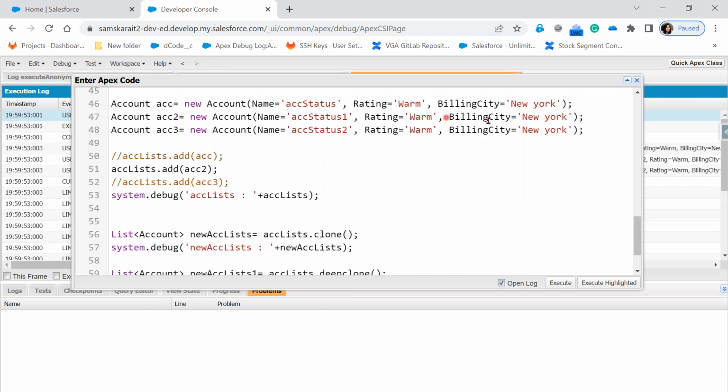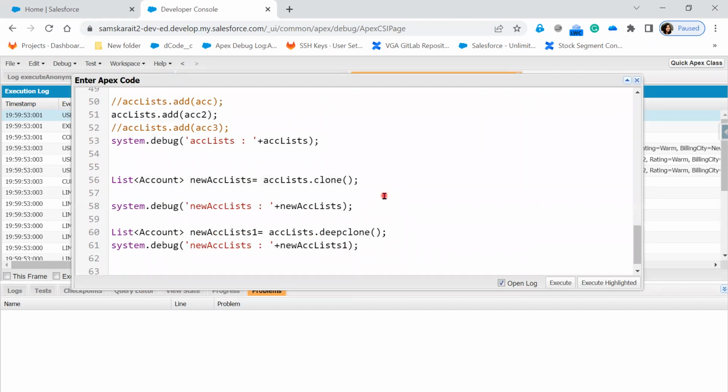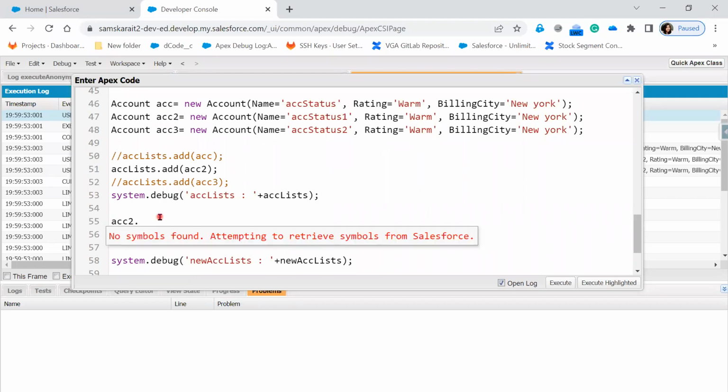So I'm changing the ACC2 billing city from New York to San Francisco. Let's assume that. So after cloning it, what I'm doing, I'm changing the ACC2 dot,